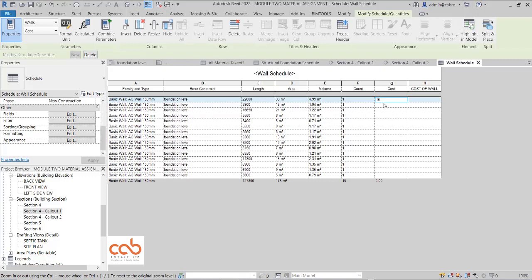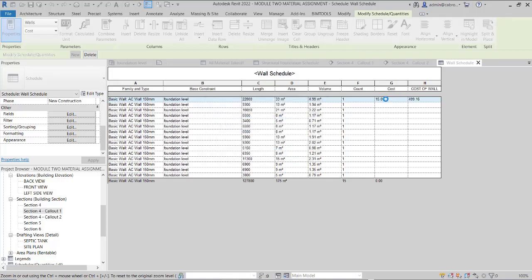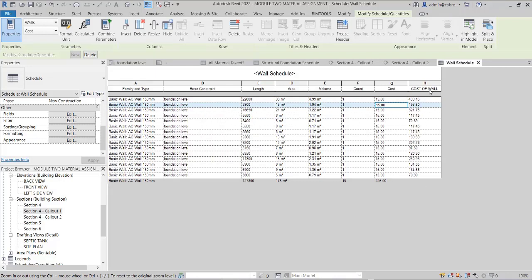One is 15. So this change will be applied to all elements of this type. Are you okay with that? I say yes. Okay, so that $15 will be calculated among all. And when we did the cost of wall, if you wanted to know the actual cost, we should have come